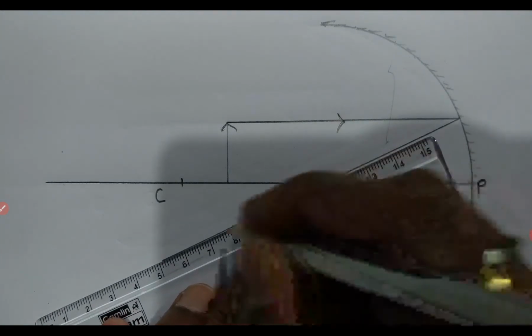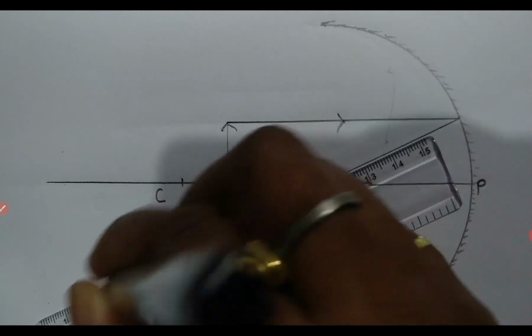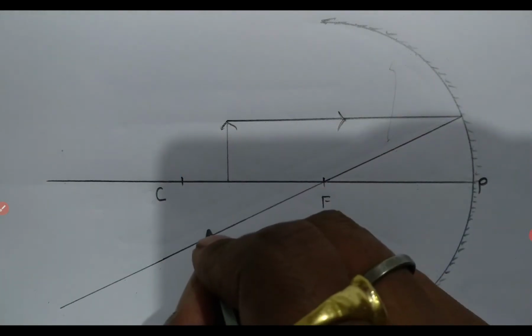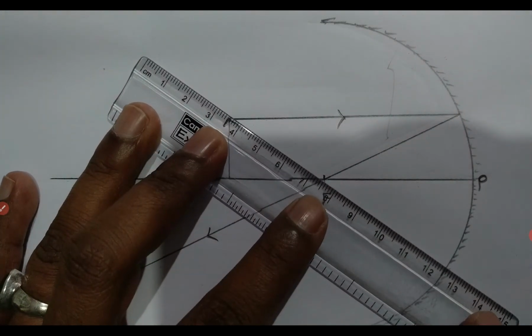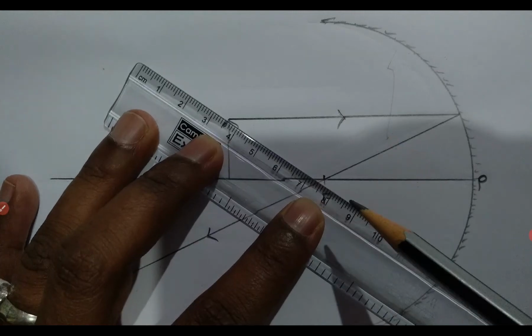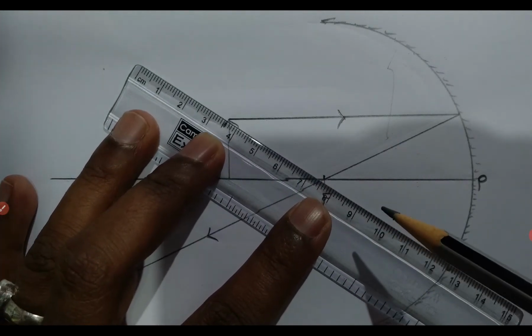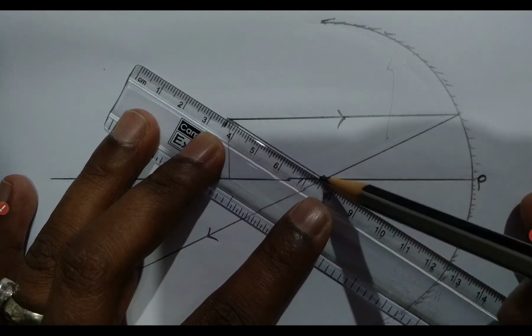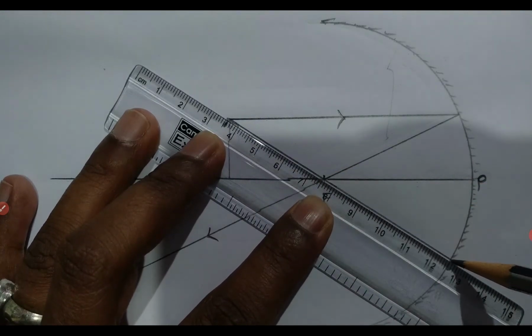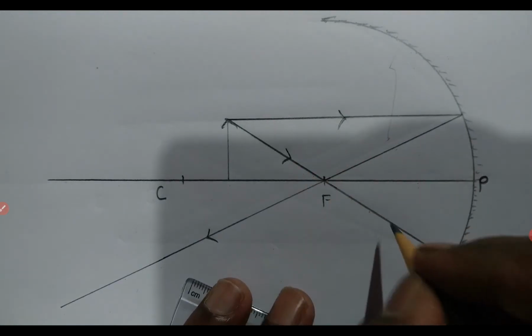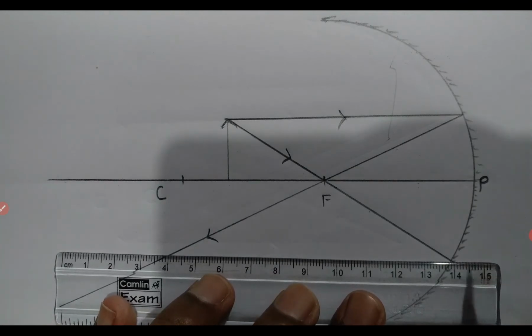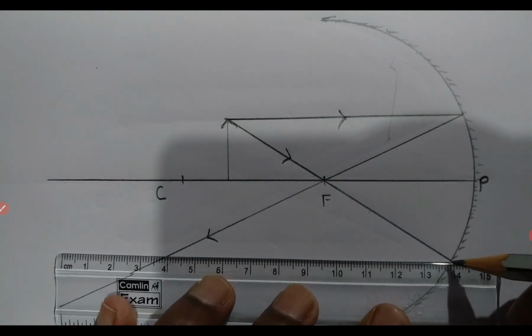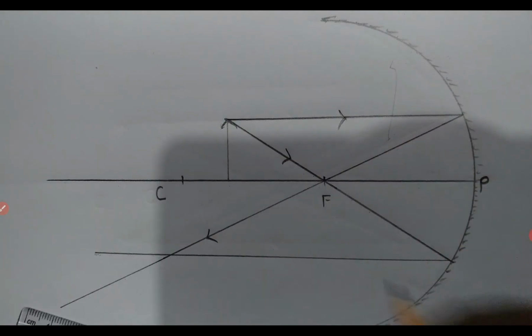Now I am extending the line a bit because I know that the image will be formed behind the center of curvature. Now using the last rule, any ray passing through the focus and incident on the mirror should be parallel to the principal axis,